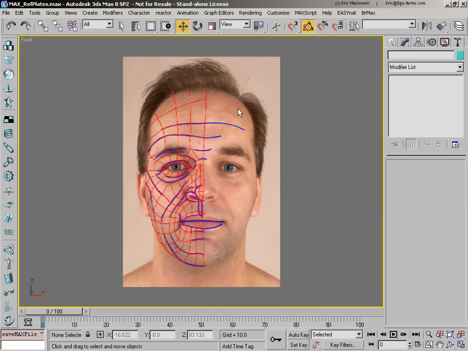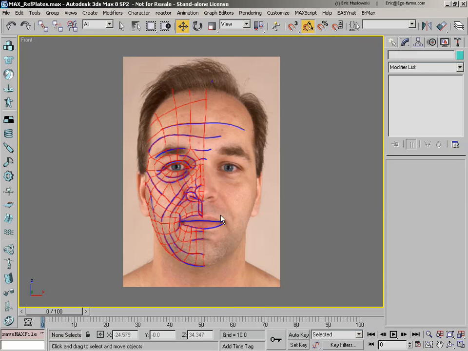Now, the idea behind this process is we're going to draw each of our quads that we originally drew over in Photoshop. We're then going to convert those in like a one-step process into a mesh